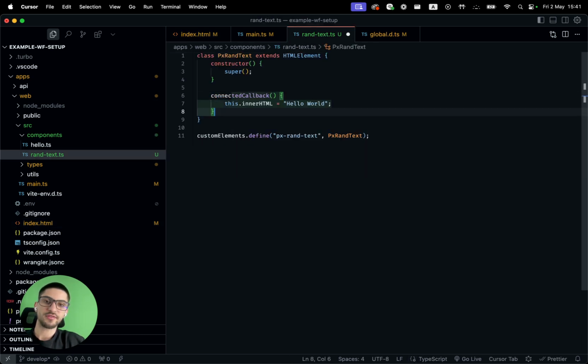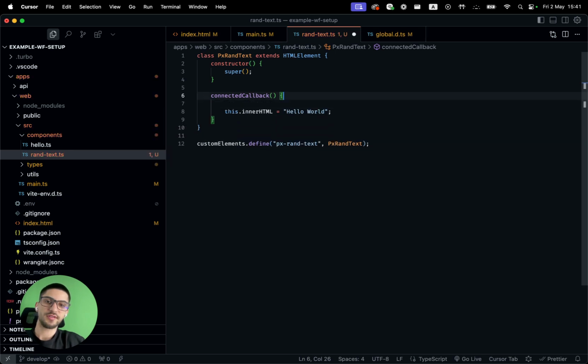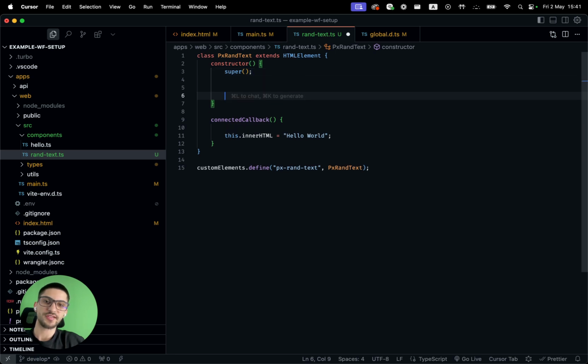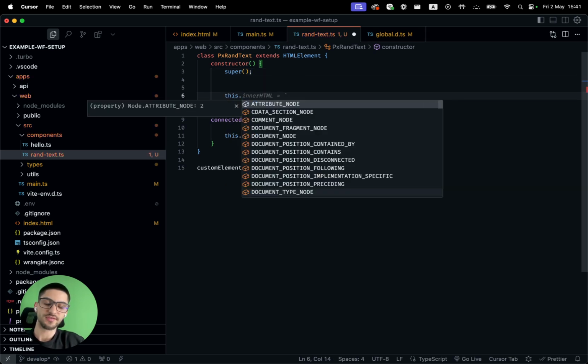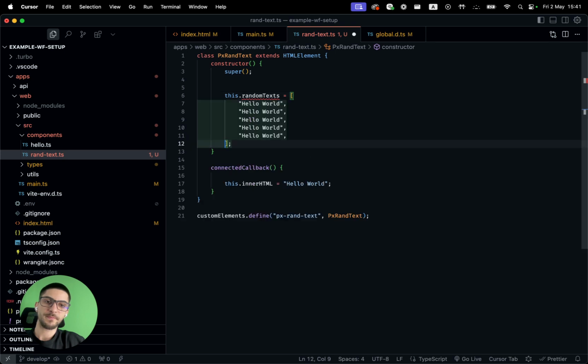And on the connected callback, we can just do a random text. So to make it easy, I'll just do const. Actually, inside this constructor, we can do this dot random texts, let's say,